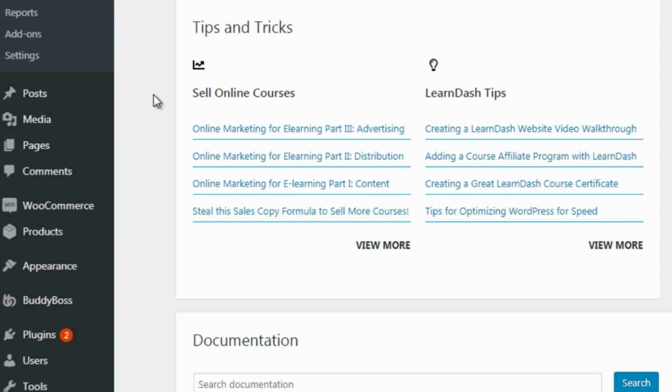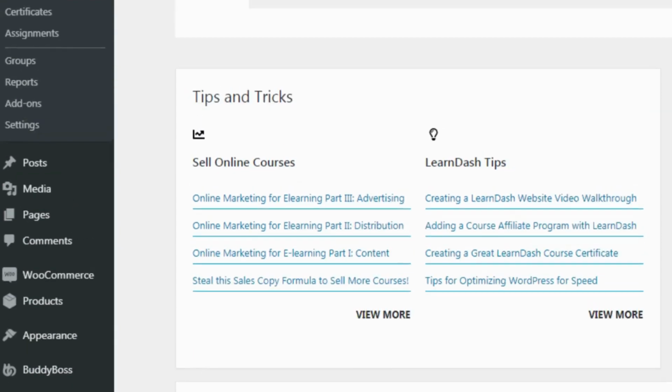A lot of times when you purchase software or get access to web applications, they don't really offer enough information on how to implement their plugin, so you are left trying to figure things out yourself. Fortunately, LearnDash is so popular that you could either do it yourself or hire somebody on Upwork.com or other freelancing sites to set things up for you. Now, if we scroll up here,